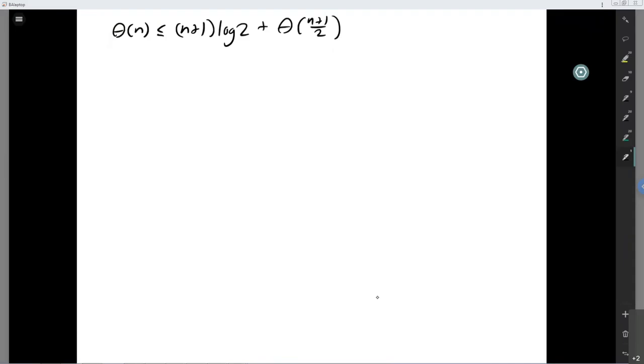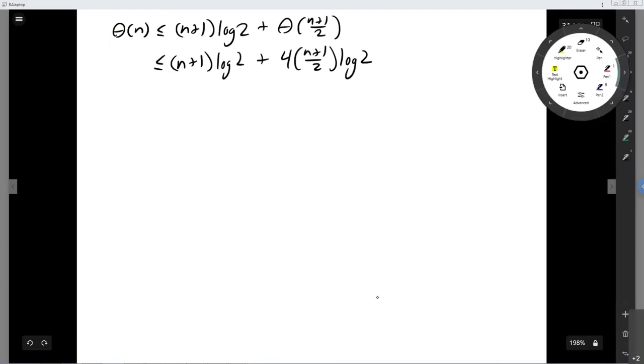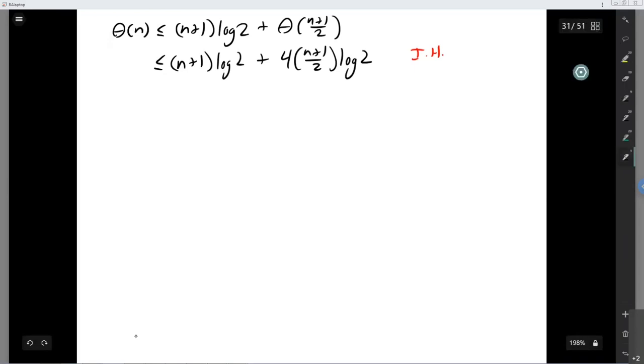Again, the inductive hypothesis tells us, because n plus 1 over 2 was smaller than n, that we get this upper bound. So once again, we get an n plus 1 log 2 here. The 4 and the over 2 cancel. There's 2n plus 1 log 2. We get 3 times n plus 1 log 2,